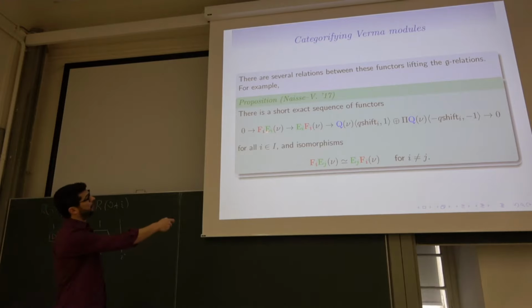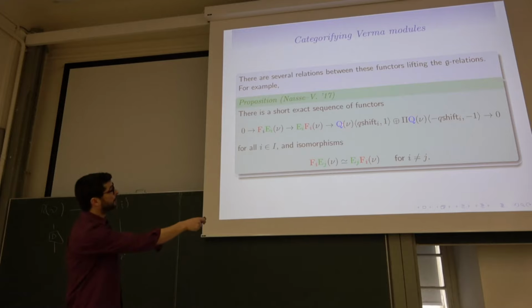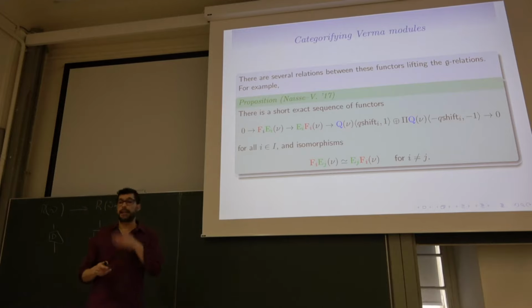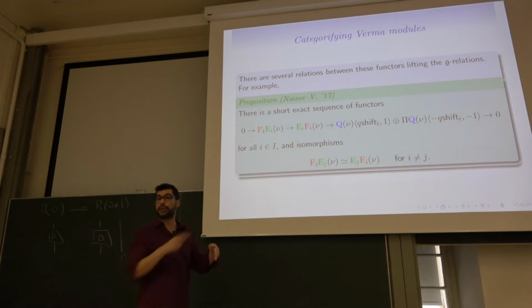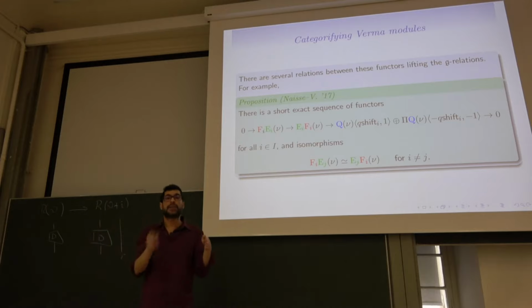So we have FE inside EF, and then you have a quotient that contains two terms. What is this? So Q of nu is just an infinite coproduct. You can see it as an infinite direct sum, which you can do in our category, because everything fits inside a cone. It is a direct sum of the identity functor with shifts, such that in the Grothendieck group,